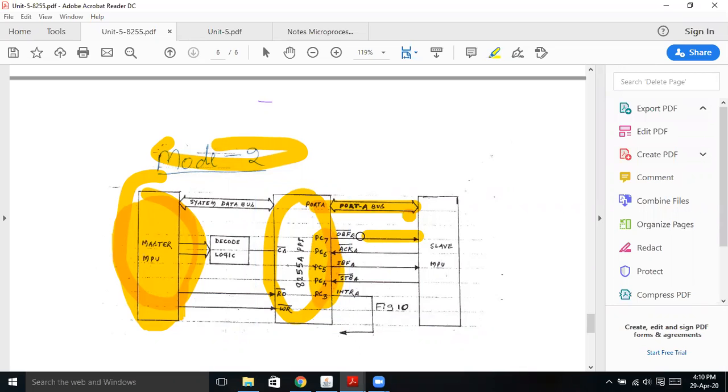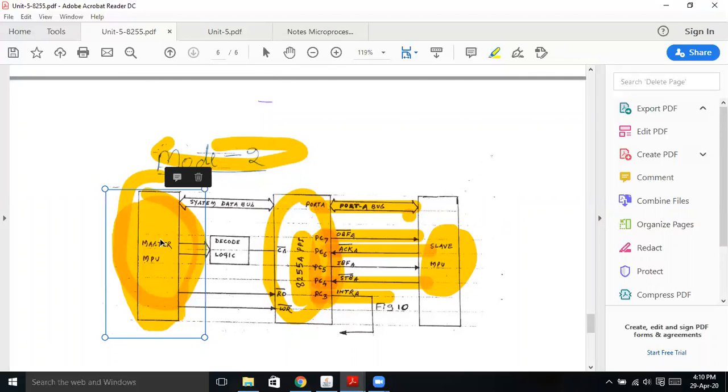It has output buffer full, input buffer full, stop signal, acknowledgement signal, and interrupt signal also. Again, output buffer full: if the 8255 is working as an output IC, it gives the output buffer full signal to the slave MPU. Slave MPU means the microprocessor which is sending or receiving the data from the master computer.